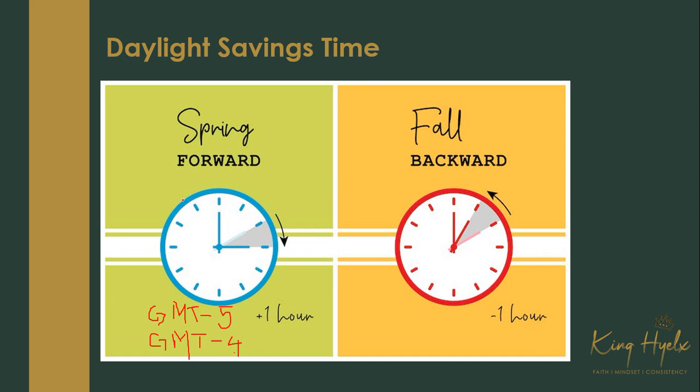But for now, we're still on GMT minus 5. So our Asian range, for now, as I'm speaking to you in December, is from 1 o'clock to 5:59. 6 o'clock is the opening of the day. 8 o'clock to 11 o'clock is our London kill zone, and 1 o'clock to 4 o'clock is our New York kill zone. That's it for this video, guys. See you in the next one.